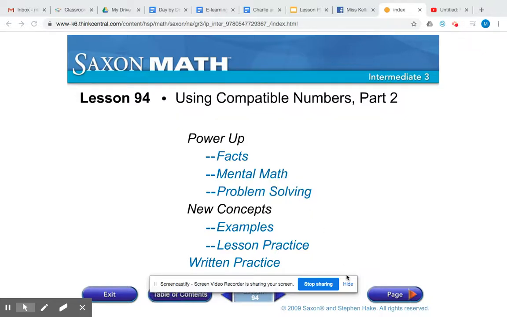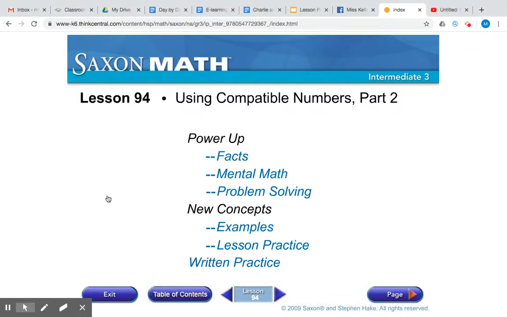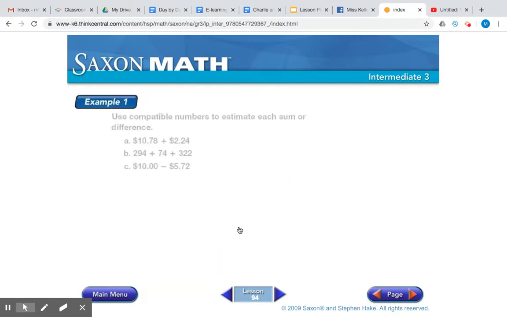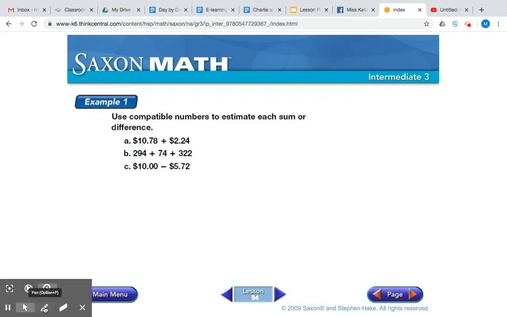All right, today we are talking about using compatible numbers, part 2. So example 1 asks us to use compatible numbers to estimate each sum or difference. As a reminder, a sum is the answer to an addition problem, and the difference is the answer to a subtraction problem. Now, using compatible numbers in problem A. So we have